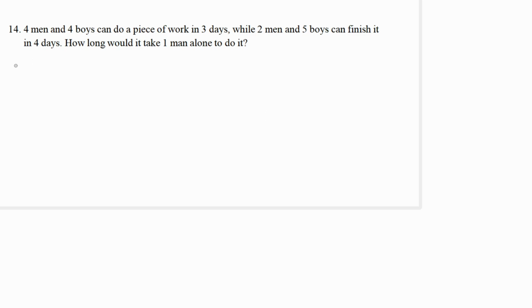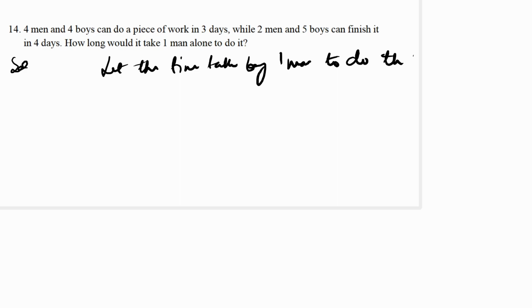So we'll say let the time taken by one man to do the work be X, and let the time taken by one boy to do the work be Y. Therefore,